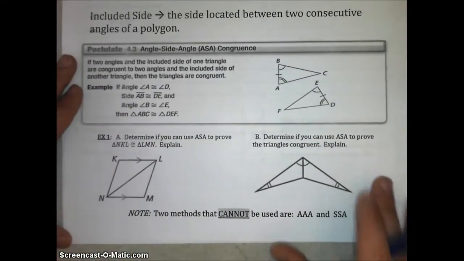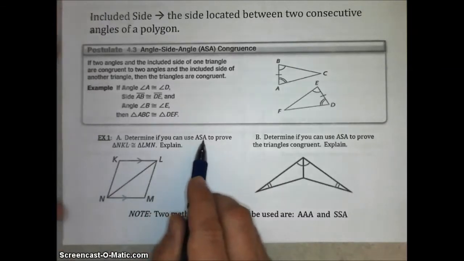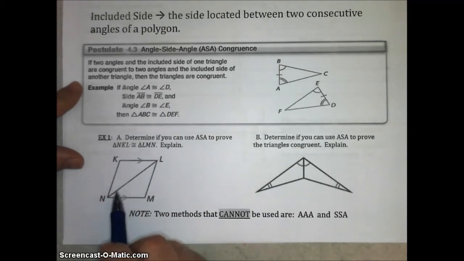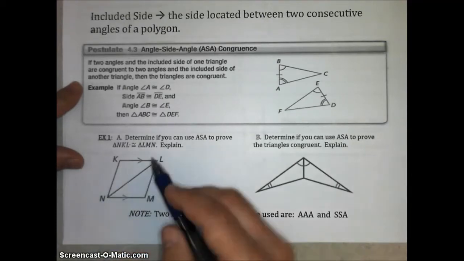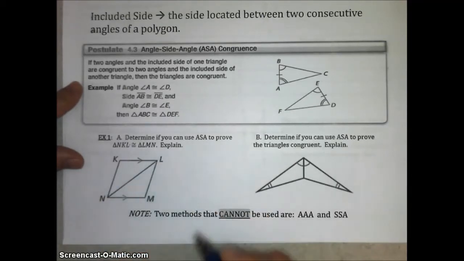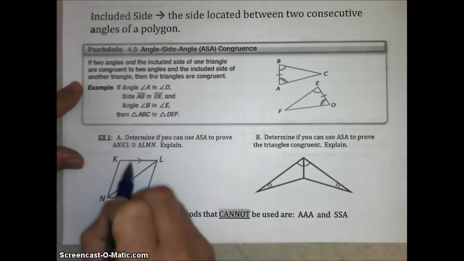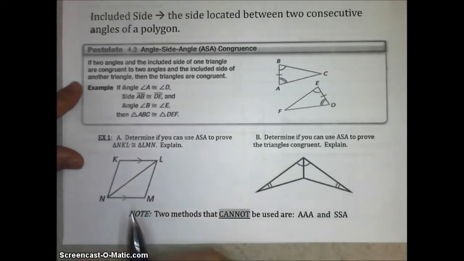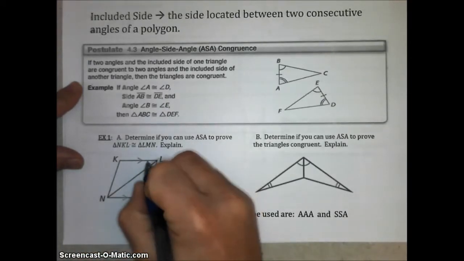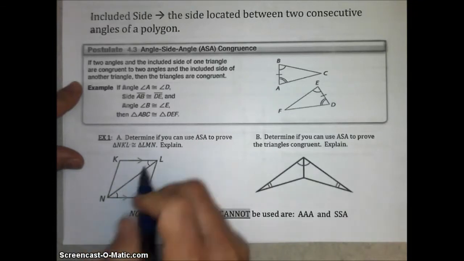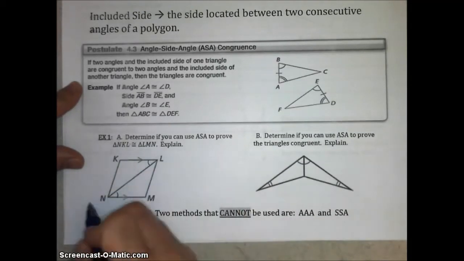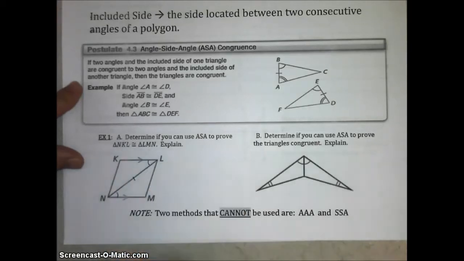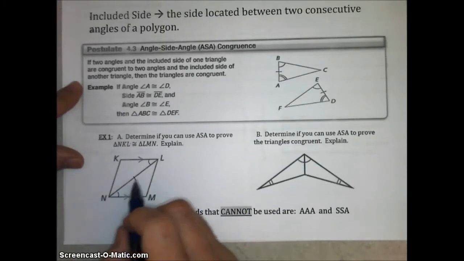So what we want to look at in example 1 is to figure out if angle-side-angle can actually be used. So let's look. In triangle NKL and triangle LMN, here's what we know. We have parallel sides KL and NM. That means we have angles here and here that are congruent because they're alternate interior angles if LN is your transversal. And we also know that side LN is congruent to itself,